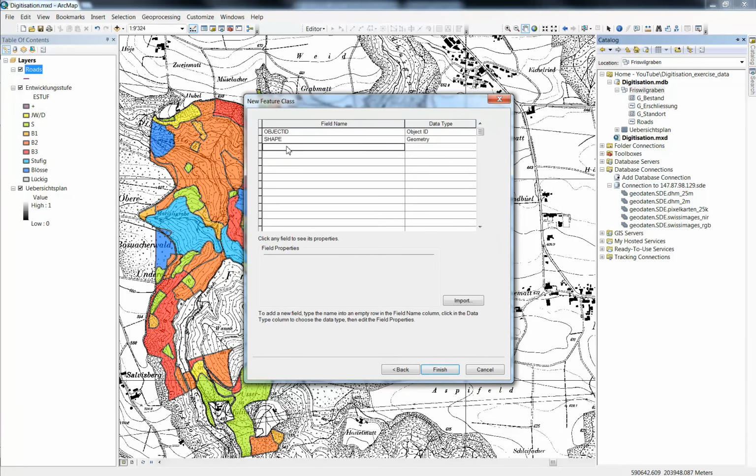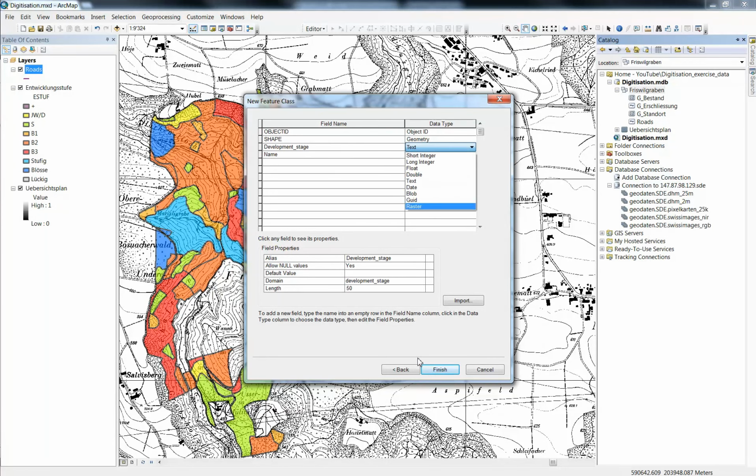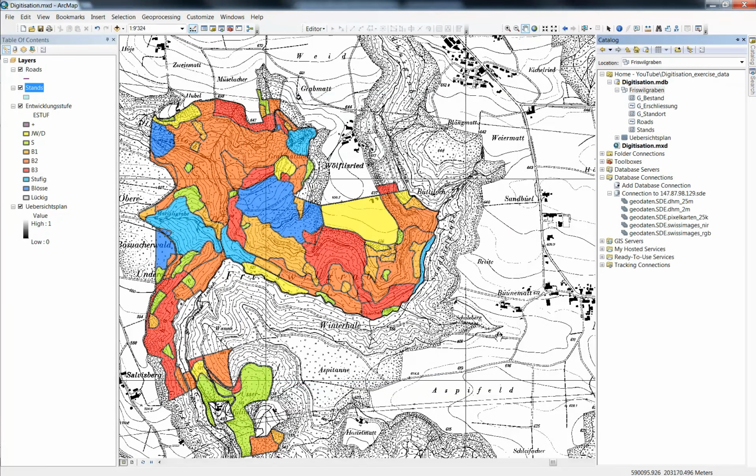Then the development stage, we can now connect the feature classes to the domain, and then we add the text, we add the name, which is text, yeah. So let's just check if it's there. Okay, fine. So fine, we have now created a domain, 2 domains, and we have also added 2 new feature